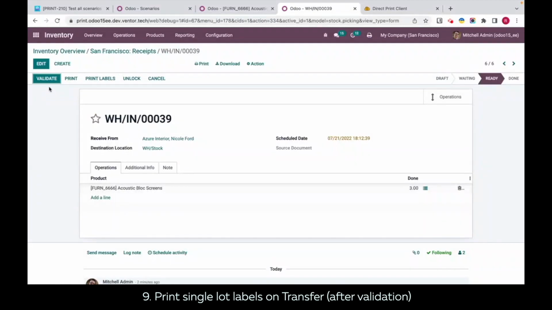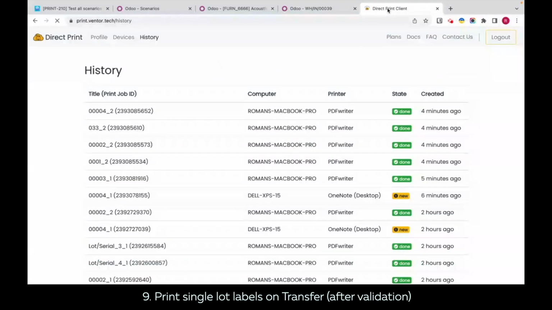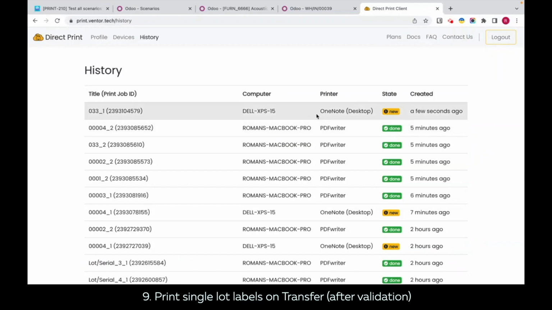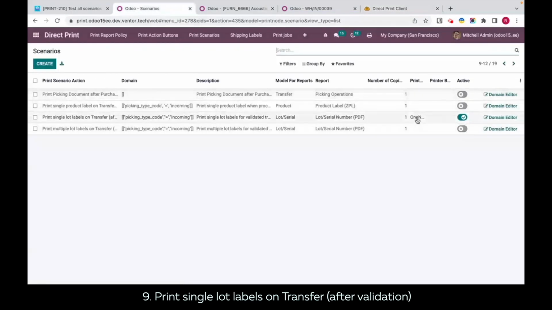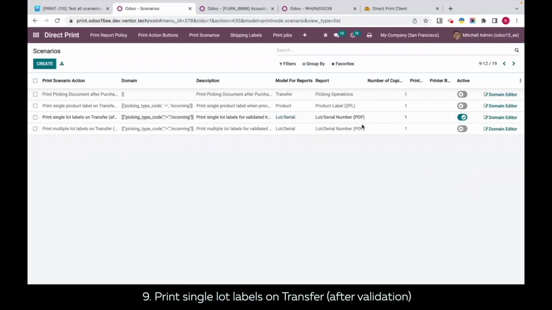We just need to click on the validate button of this transfer and it will be printed. Let's see the history of our printings, and we can see that it was printed on OneNote desktop. This printer was set specifically for our scenario. Let's leave this field empty